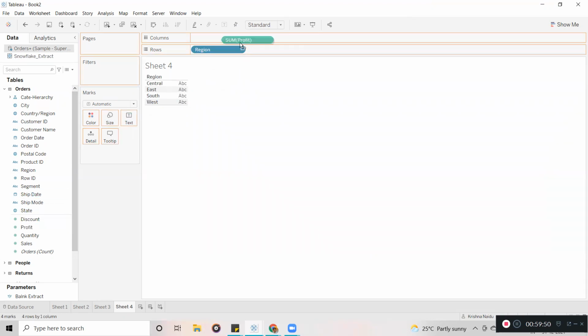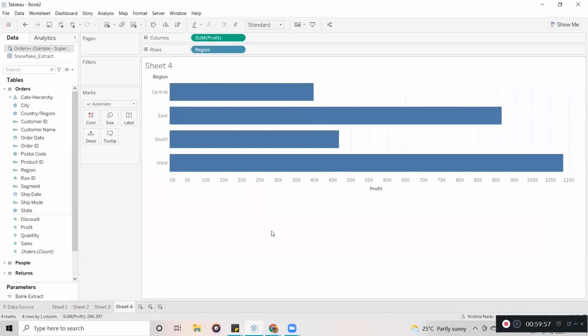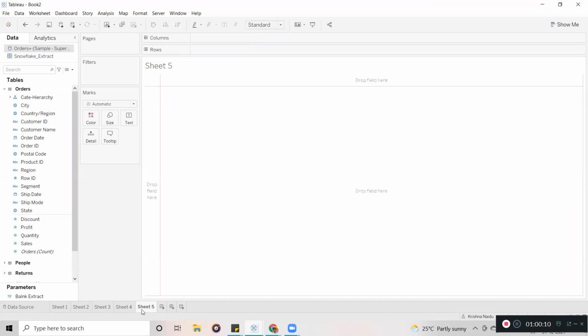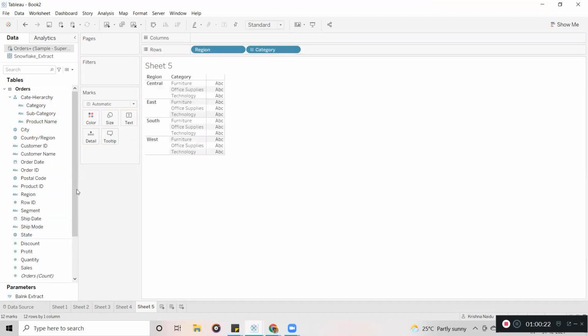I am displaying one visualization region-wise, and the user is asking me: in one visualization, he wants to see the regions, and in another visualization, he wants the full names for each region. Here, he needs region and also, let's take, category and the profit.